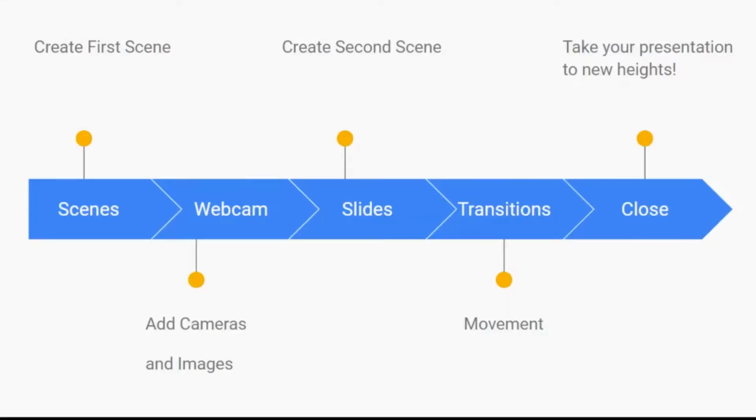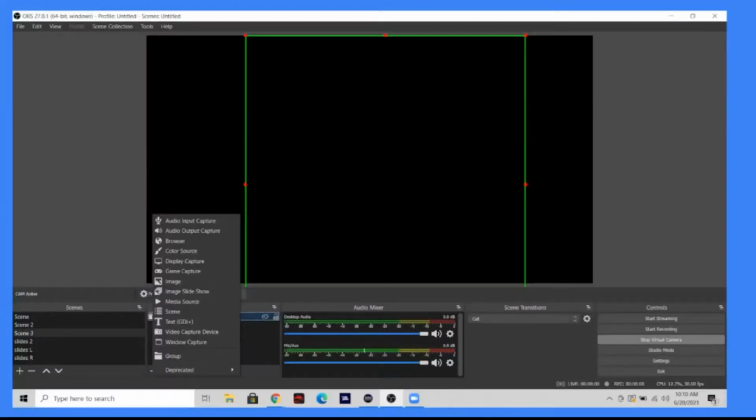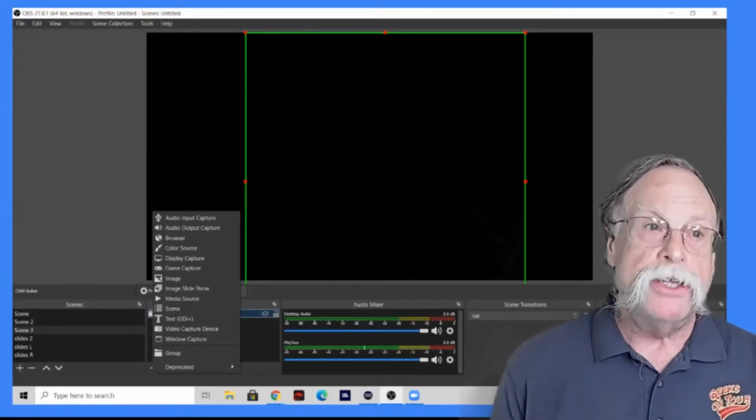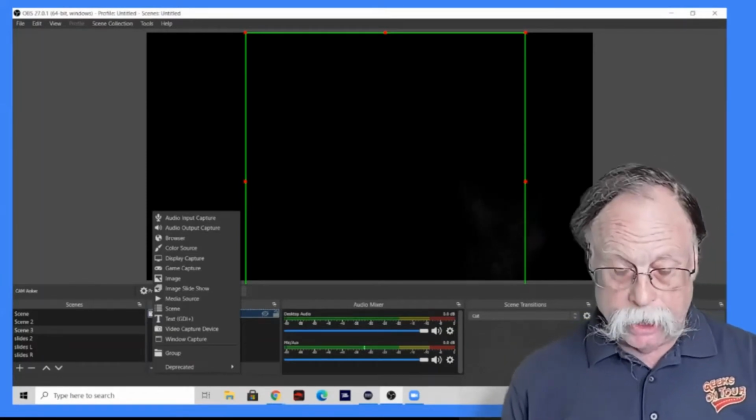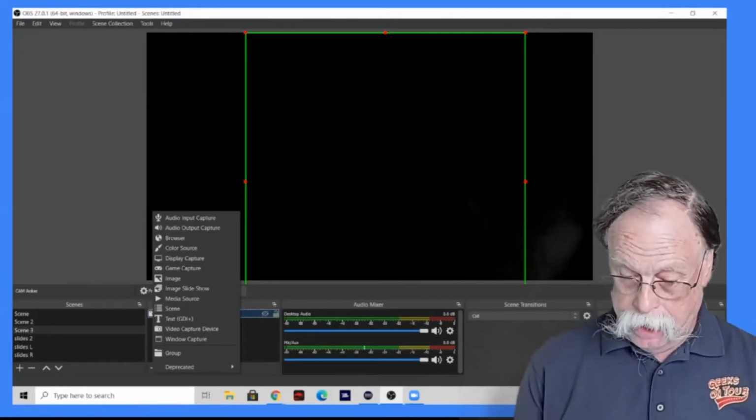Okay, the scenes are how you create in OBS. You create a scene and then you add your tools to it. You can add slides to it, you can add images, and you can make cool transitions. And then you have a wonderful new tool. This is kind of what it looks like. You'll see here a